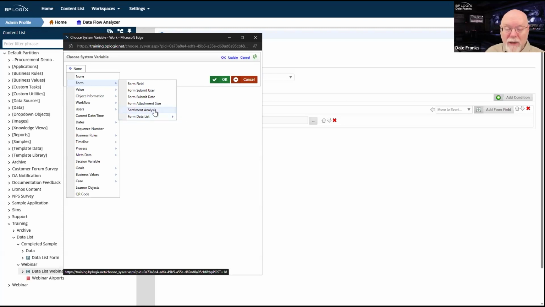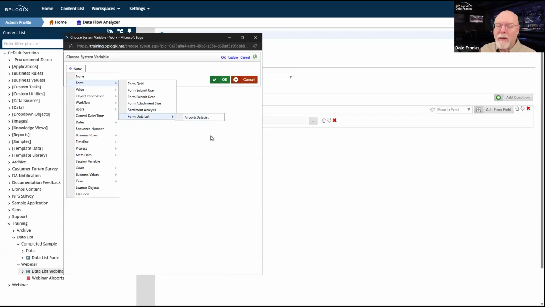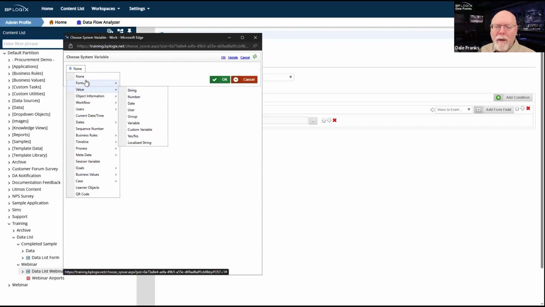So whether this menu appears or not in the choose system variable dialog box, I have to be in the form, in the set form data, and there has to be a data list control on the form. So I'm going to pick airports data list. Okay, form field, form data list, airports data list.